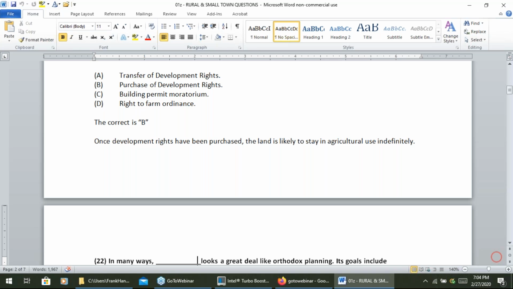Just below it is purchase of the development rights, where those rights are permanently gone and cannot be reissued. Below that would be maybe something like transfer of development rights, and then below that might be something like a right to farm ordinance. But a right to farm ordinance is not going to protect the land from being sold by the landowner to a developer, right?